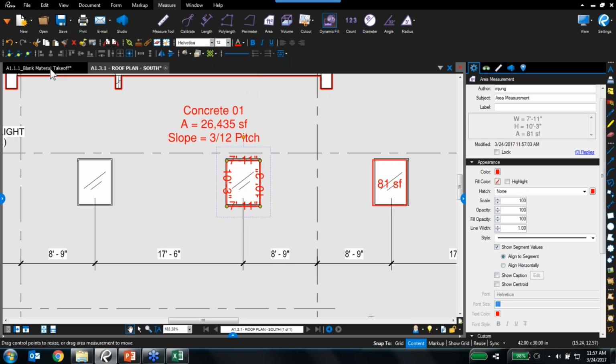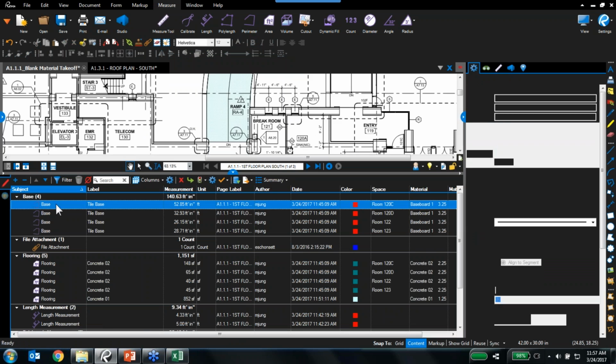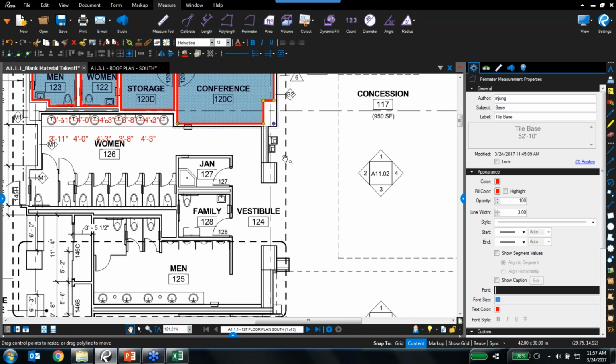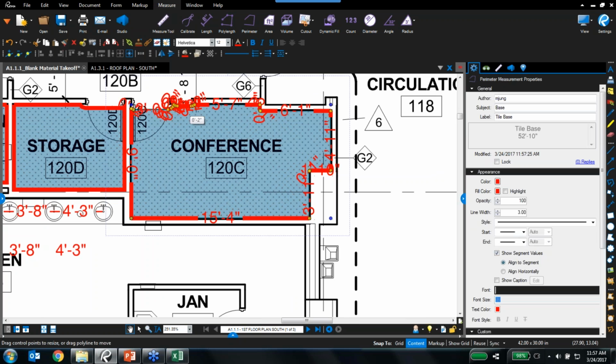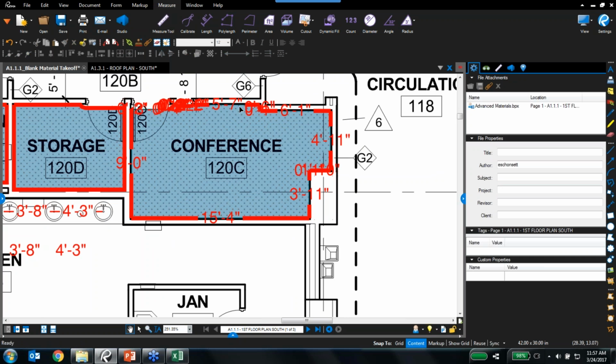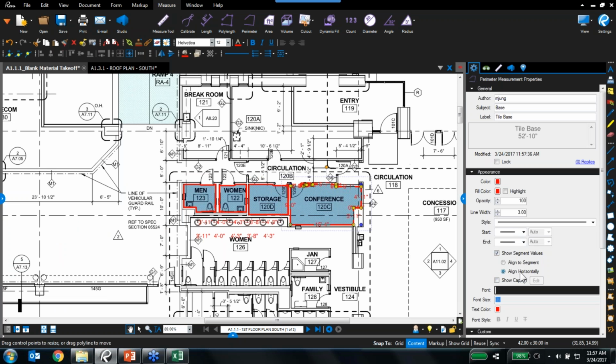Again, we can come back to our baseboard measurement here. Coming back down, I'm going to pick that baseboard measurement. Here's one of them. So here's our base. And now we can show those segment values so we can know how long each of those segments is. So we're a little cluttered due to something I've done up there, but we can align them all horizontally so that they're easier to see. And we've got all of our measurements there. So very easy to show exactly what you want to show with all of these measurements. Going to turn that off again